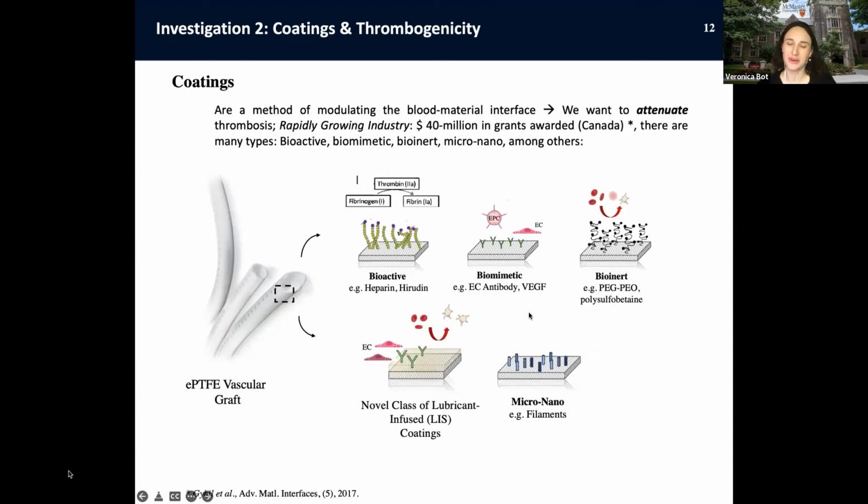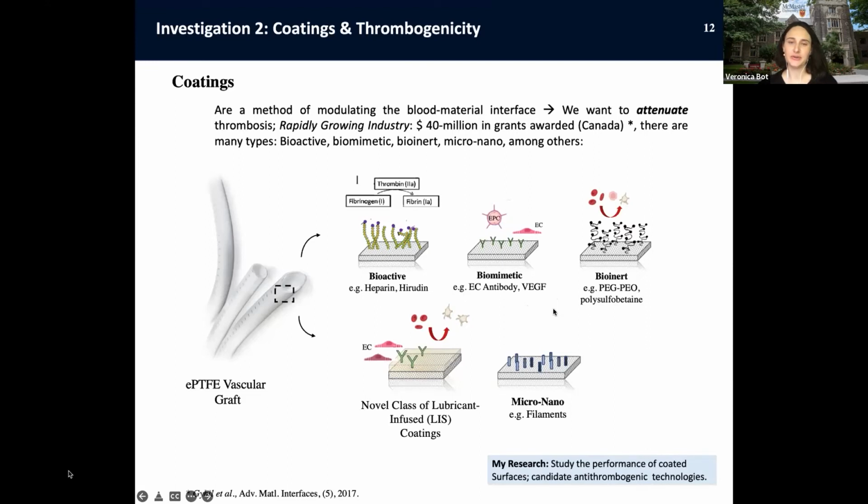These coatings work to suppress protein adsorption, blood clot formation, and promote desired biological processes, especially with biomimetic coatings. For example, incorporating an endothelial capture antibody like CD34, it really promotes endothelial integration, which is desired. So we regenerate that native endothelium, which has innate antithrombogenic properties. So again, this is a very important area of research that hopefully in the future will help to overcome this issue of thrombogenic failure of vascular prosthesis.